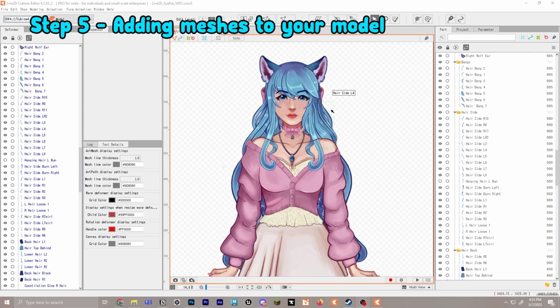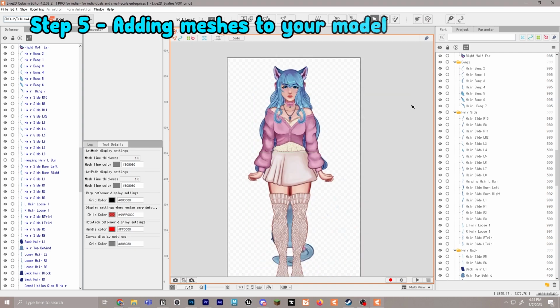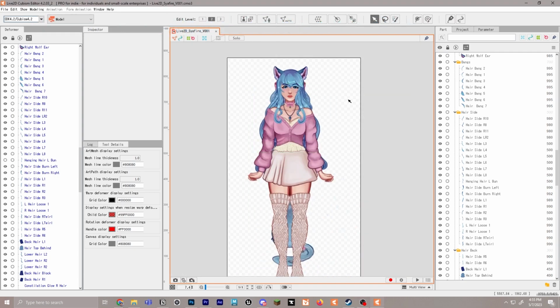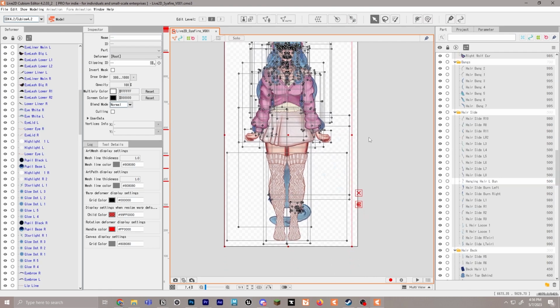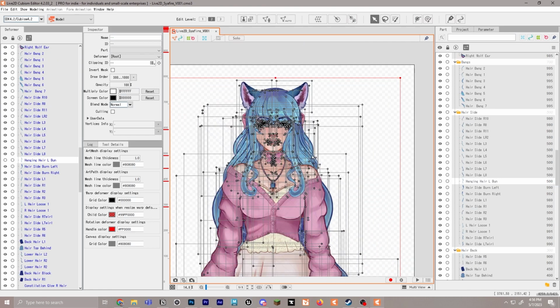Next, we're going to learn about generating mesh. This is really important so that you can animate your VTuber or your character to look the way that you want and to give you the most control that you can have. So you can select your whole VTuber or character or click Control A to make sure that you're selecting everything. And here is an auto generator, and here's if you wanted to do a specific piece manually, but you'd want to select something individually if you're going to go in and do it manually.